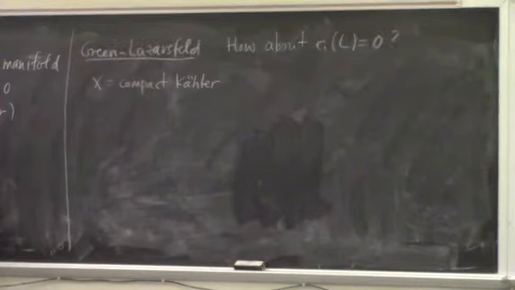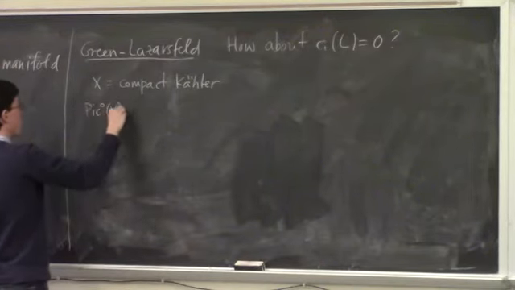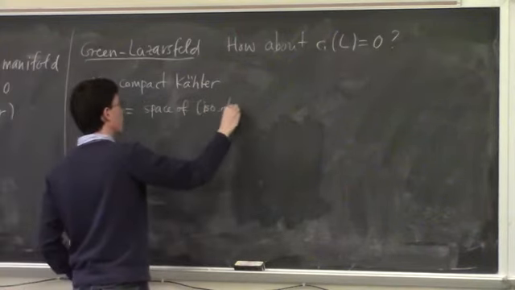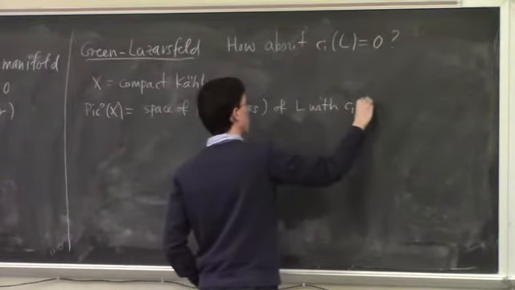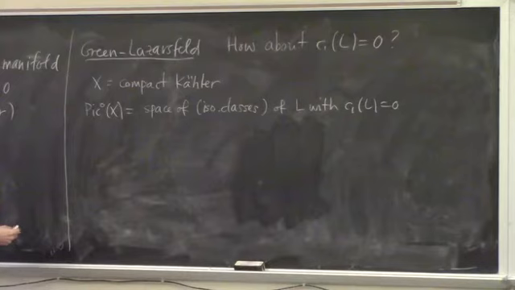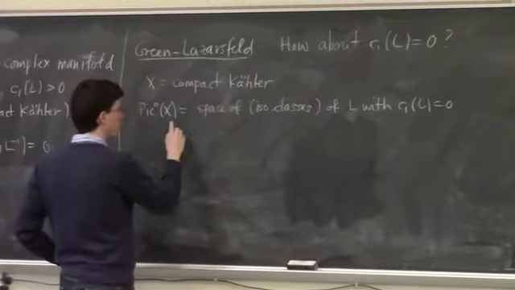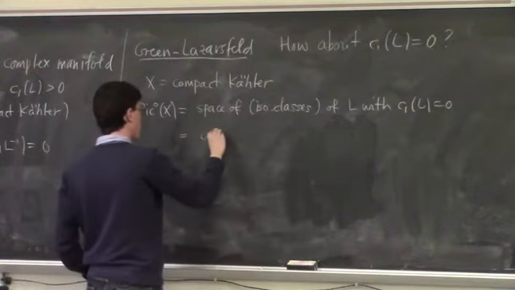Now these line bundles with trivial first Chern class come in a whole big family. There's a whole space of such things, which we denote by Pic^0(X). This is the space of isomorphism classes of such line bundles. If X is simply connected, this moduli space would only consist of the trivial bundle, right? But in general, this is a compact torus